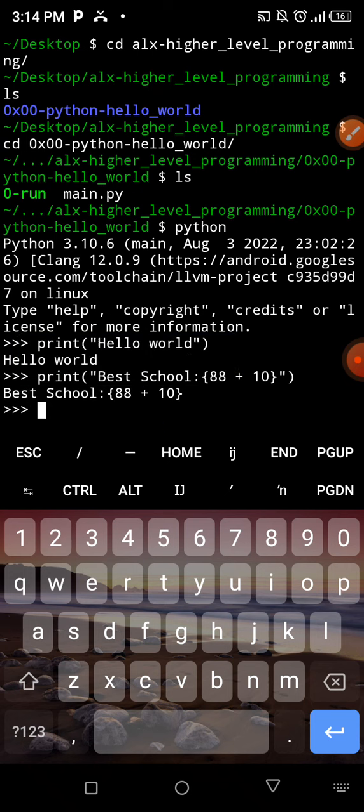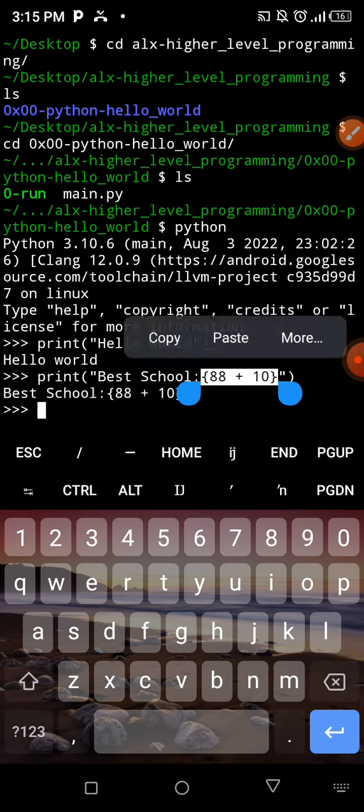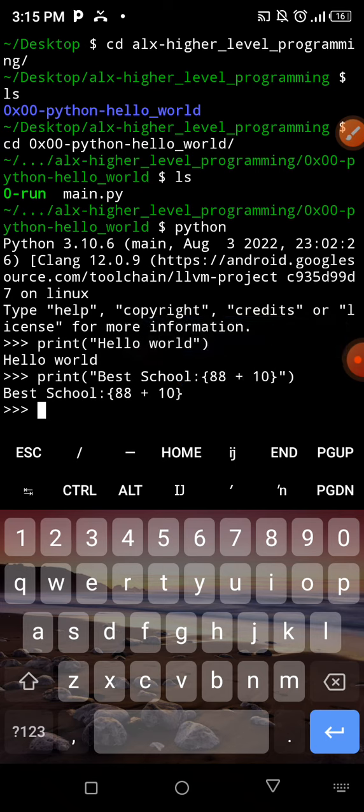Open curly braces 80 plus 10, but there's something you're going to add there, so it's not going to be treated as an ordinary string. When that is added, it will not treat these curly braces as an ordinary string, but it's going to calculate the output and give us the total answer. One thing we should know about Python is that Python has mathematical calculation built in on its own, so you can just